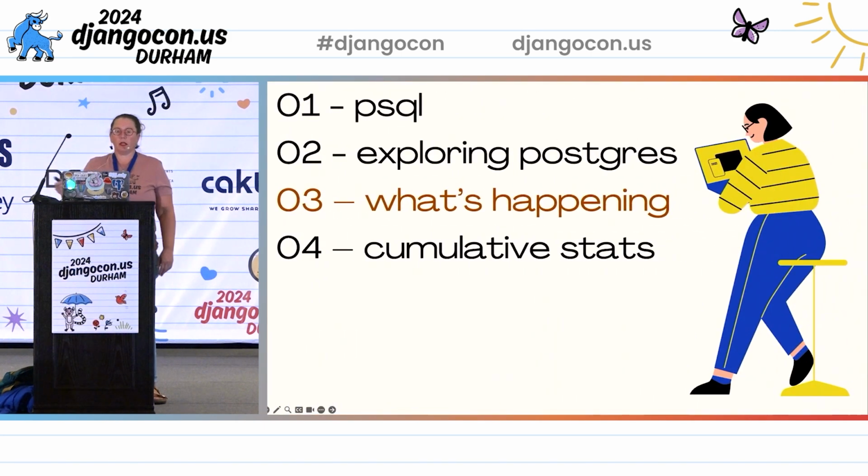All right, so let's transition here into talking about what's happening in the database. So I know you guys are all really good at using the Django tools to see what's happening as it happens. Postgres has a lot of the same kinds of things, although they're stored in the database in a slightly different way. If you're using some kind of monitoring, this is not a replacement for that. So I'm going to talk about a couple of different things you could do. This is more just things that are in the database if you wanted to dig in a little bit more, not a replacement for some kind of